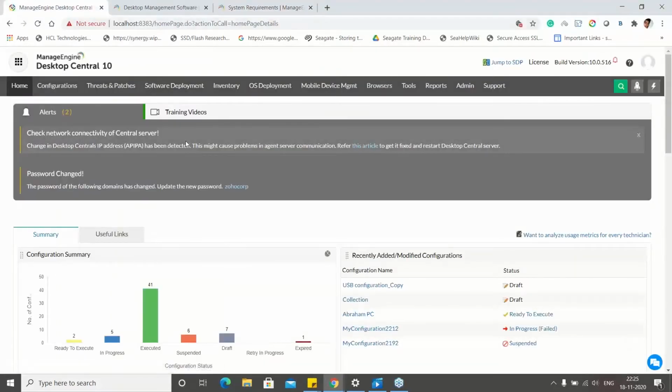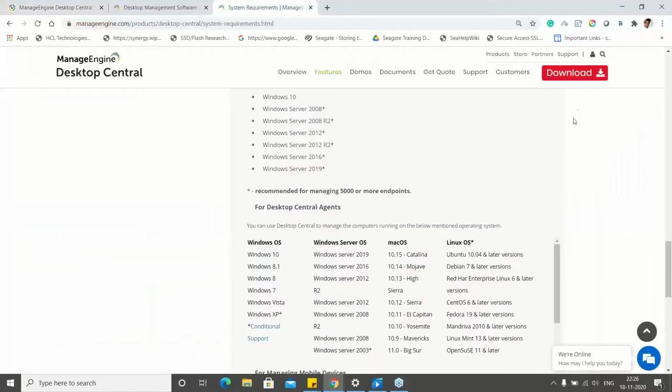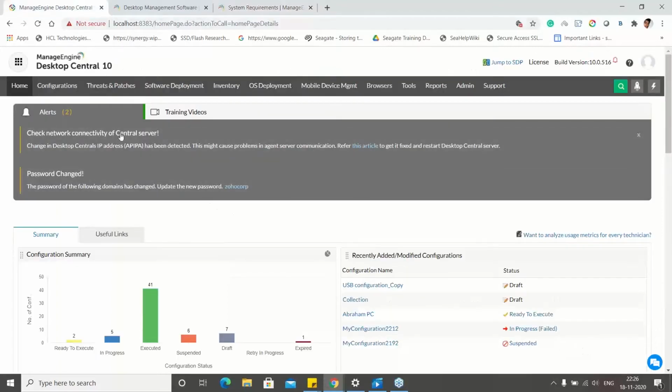So it will look like this. Desktop Central hardly takes 20 minutes to install. It's just like a plug and play installation. Once the installation is done, you can see the product here. The exe which you have downloaded from the site comes with the database itself. It comes with the default PGSQL database, and it will scale up to 7,000 endpoints. So this is how the console looks.